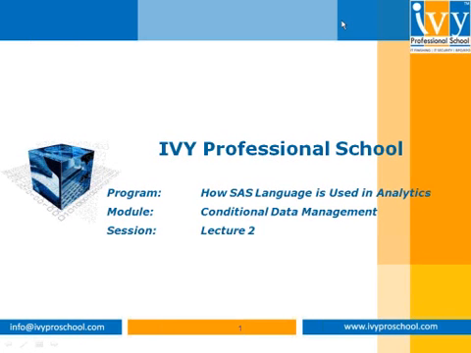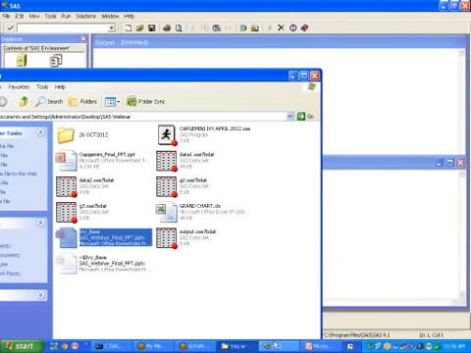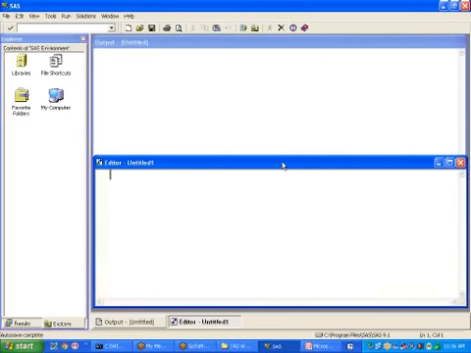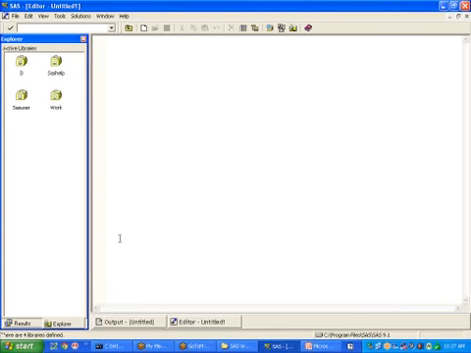Now we start off the day's session with some conditional data management using SAS. As you probably know, when we open up the SAS software, it opens up with these windows, where the editor is the window where we write the syntaxes for any execution, and the Explorer window contains the libraries where files can be stored and displayed, and so any data file which is present in any of these